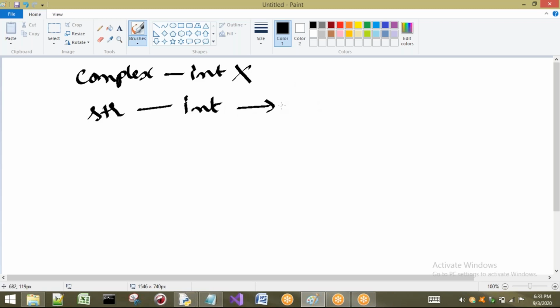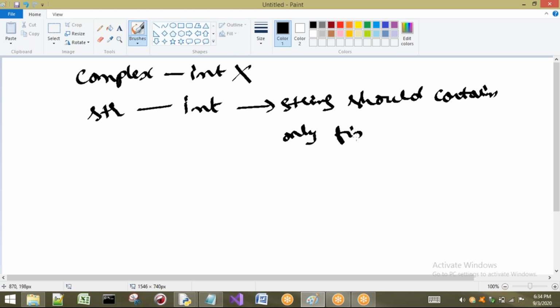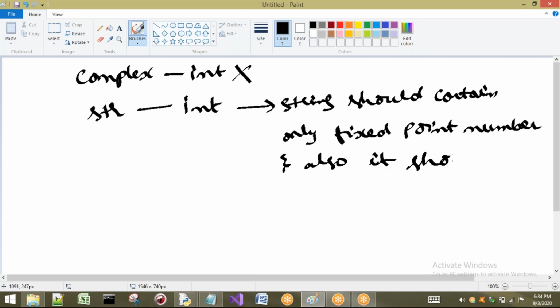Those rules are compulsory: the string should contain only fixed point numbers, and also it should be in decimal form. These rules we have to understand.